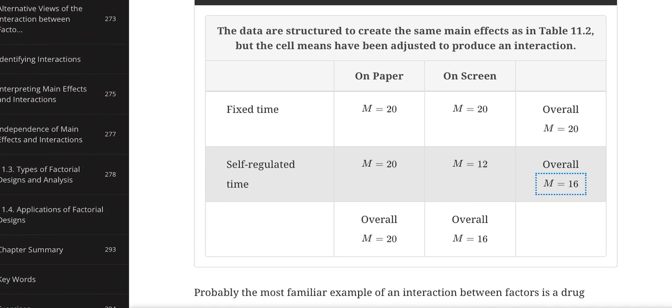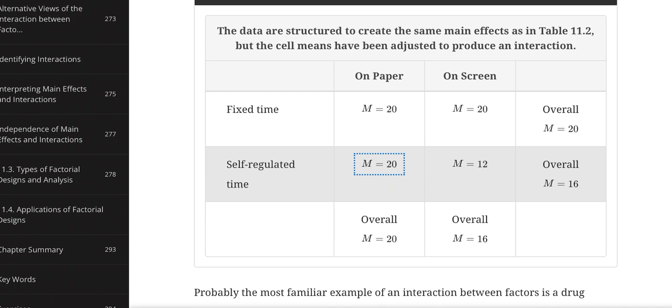So the main effects are still there. There's still a 4-point difference between paper and screen. There's still a 4-point difference between fixed time and self-regulated. There's a main effect for factor A, there's a main effect for factor B. But if you look at these individual cells here, they are actually different, and that is showing you an interaction